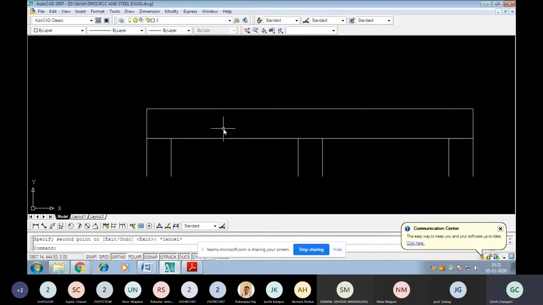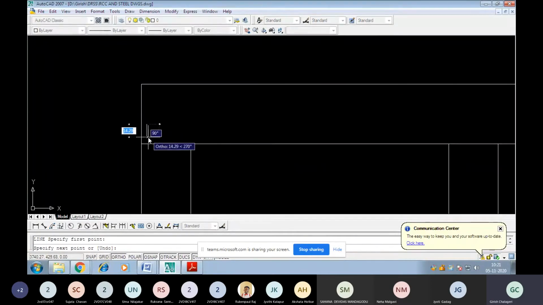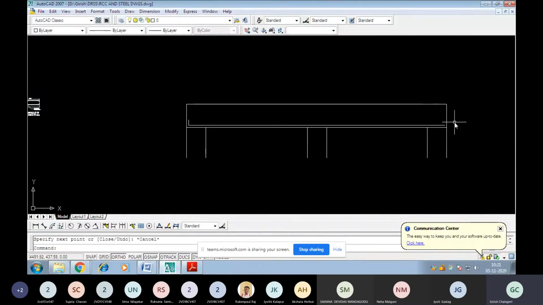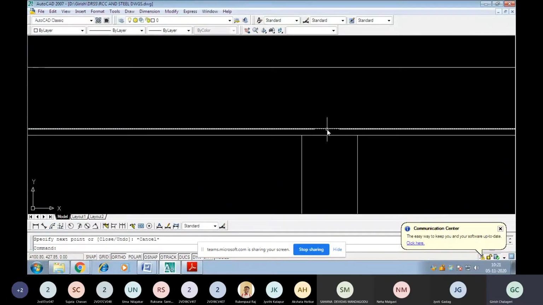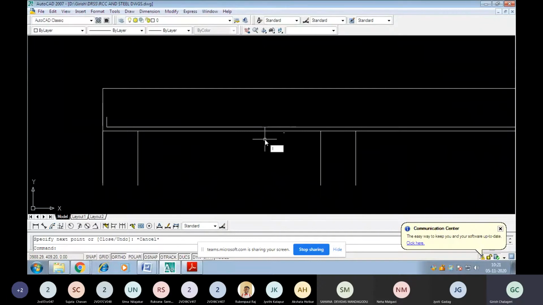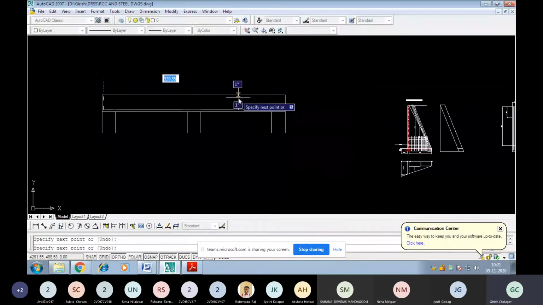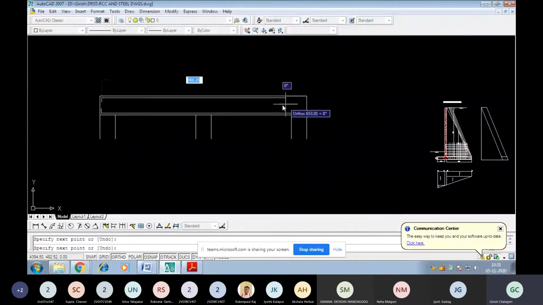Now we are providing the main reinforcement at the bottom here. So the main reinforcement at the bottom will be with certain covers. Usually we think we are providing it in this fashion. Sorry guys, we are not providing it in this way. And at a certain distance, we know we need to provide the main reinforcement at the top also. At the top we are providing it like this, but the entire top is not provided here.